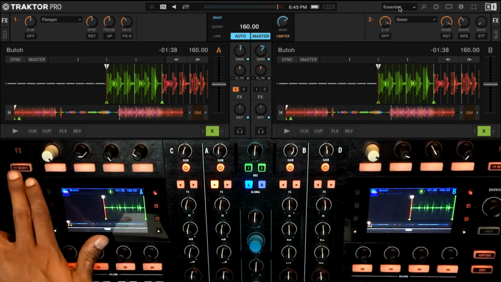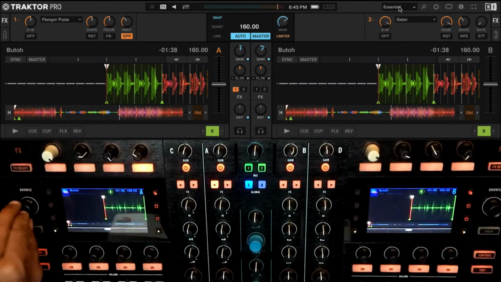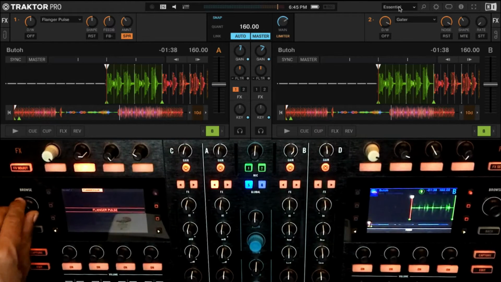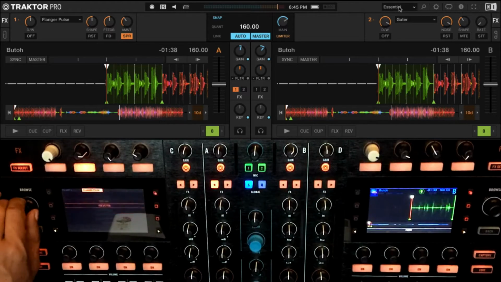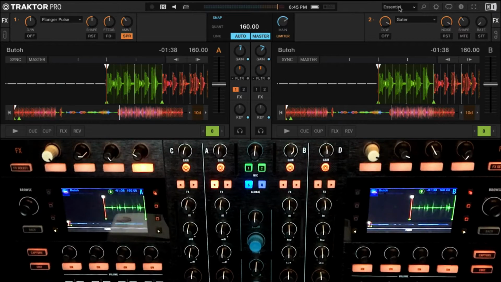Now the next effect we are going to look at is flanger pulse. So there are a bunch of effects in Traktor named pulse. You will in fact also see there is filter pulse, filter LFO. There is also phaser pulse. Pulse is nothing but an acronym in Traktor used to tell you that there is a modulation signal which controls one